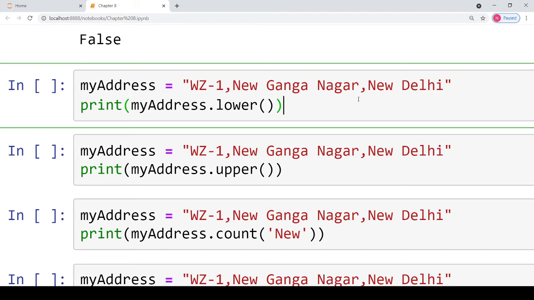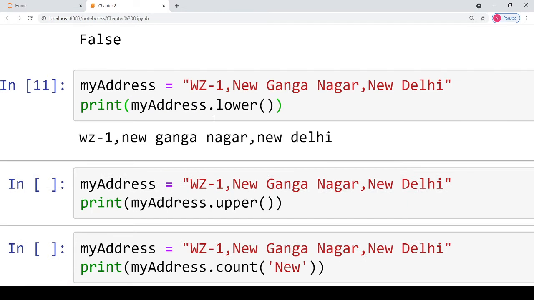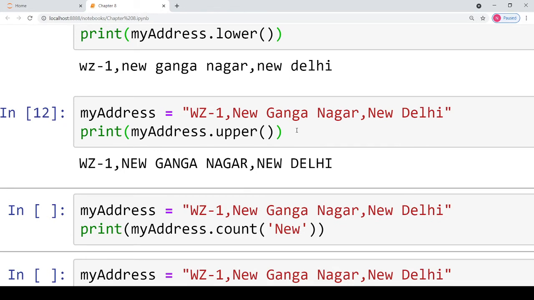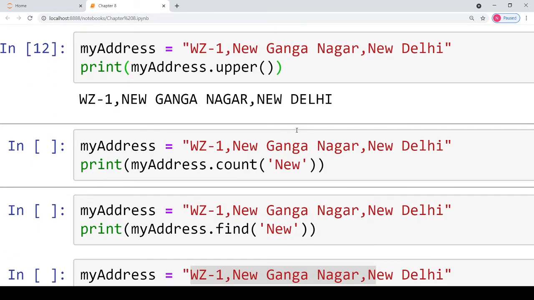So in the first part, you have to convert my address string to lowercase. So all the characters, no matter in what case they were present in the original string, will be converted to lowercase characters. Similarly, in the next part, all the alphabets will be converted to uppercase characters irrespective of their case in the